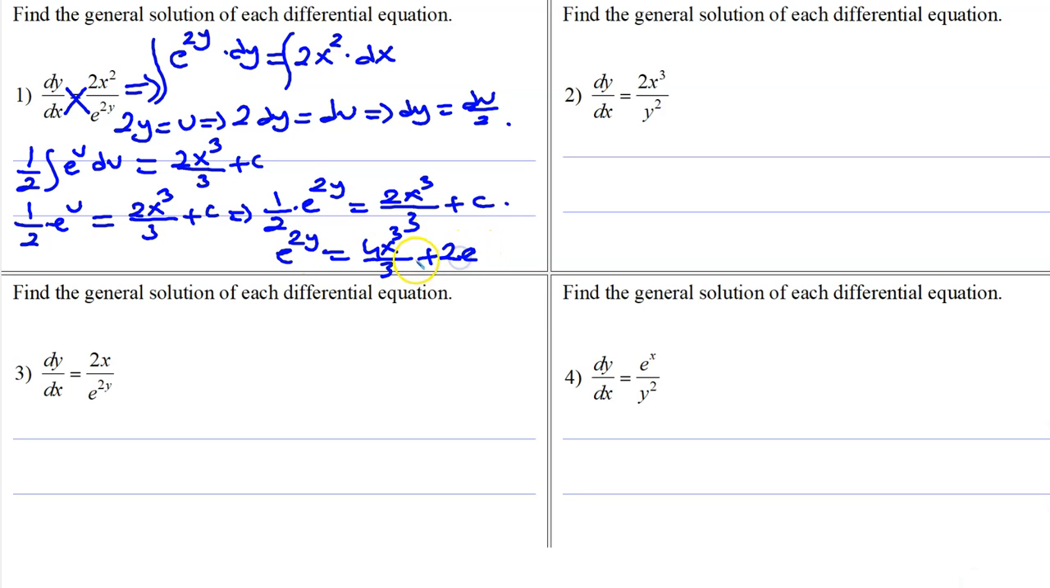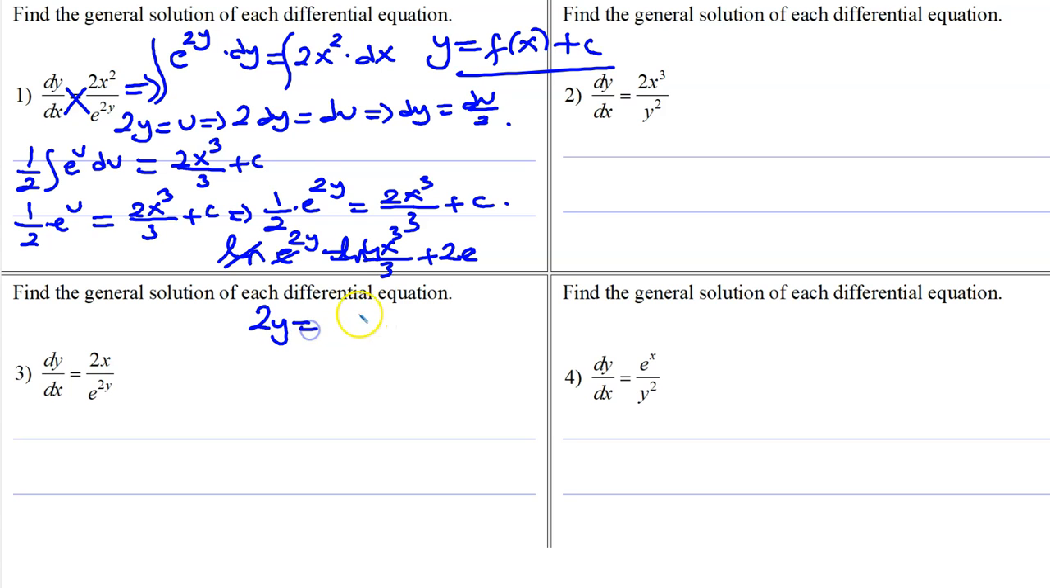Again, remember that our ultimate goal is to solve this equation for y, which means I need to put the solution in this way: y equals f of x plus c. As you can see, the y is not by itself, so in order to get y isolated, I'm going to take the natural log of each side. When I do that, the natural log and e cancel each other out, and we get